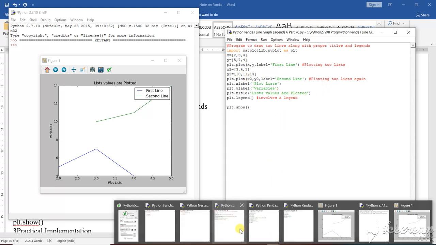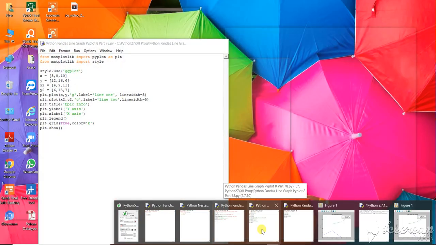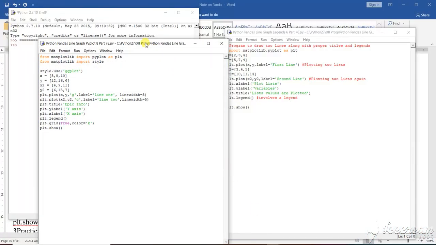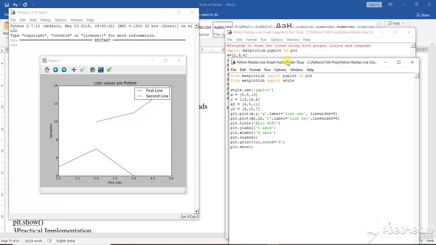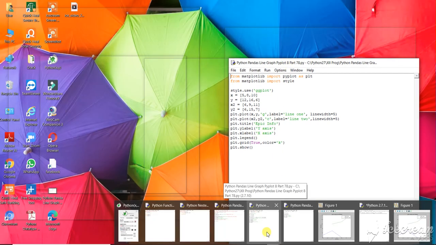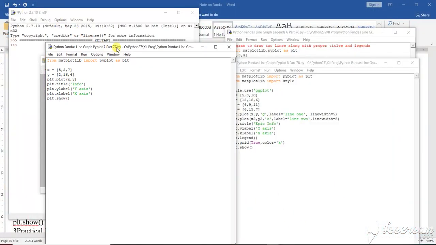Now I am going to do another pattern of graph where you will see how the line has been executed. So how the line has been executed. See here, I have called matplot. Okay, before going to that, let us do the another one. Let us do this one.